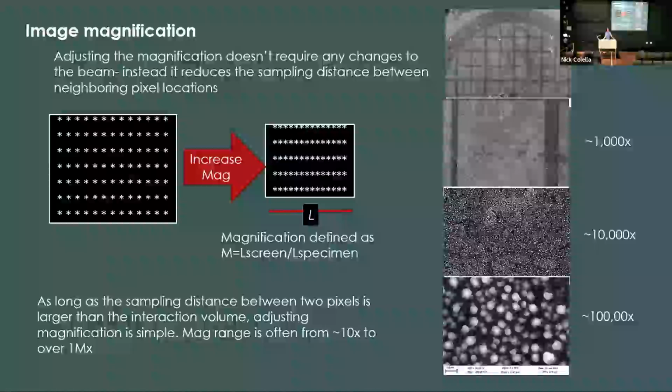If you look at this sample on the right, this is a copper grid with some nanoparticles on it. It's very easy for us to optimize the focus and then jump between the macro scale, at a few tens, hundreds of times magnification, up through the microscale and to the nanoscale. So we're able to image these nanoparticles and also maintain their overall context as to where they're located on the sample, and really tie those together.